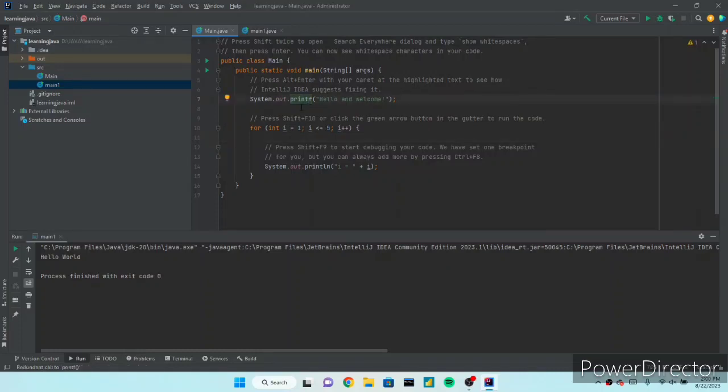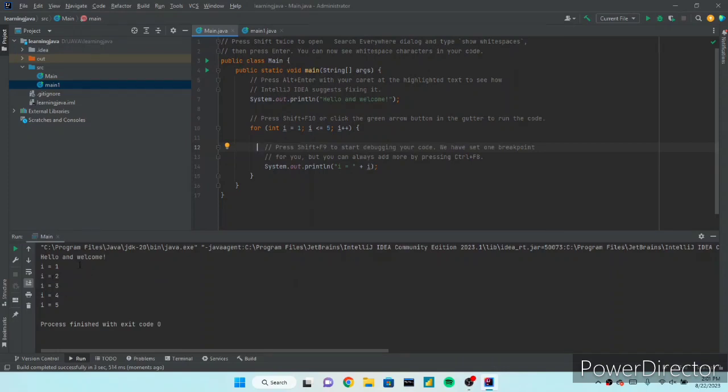As you can see here, it is showing some error, as this is printf that is used in C programming, but when you type println, the error will be resolved. Now there is no error in this template, and you can see here this is also showing one iteration that will print up to 4 numbers.